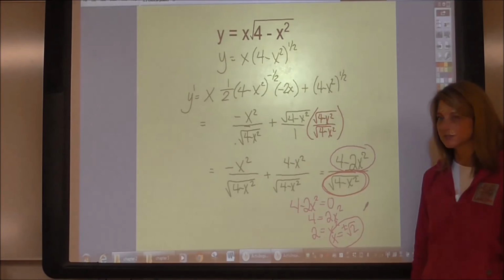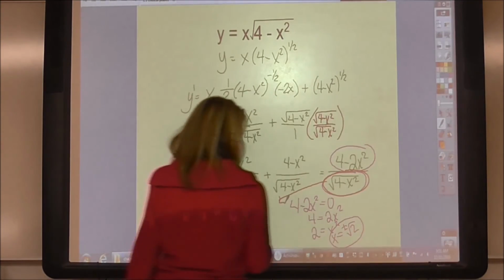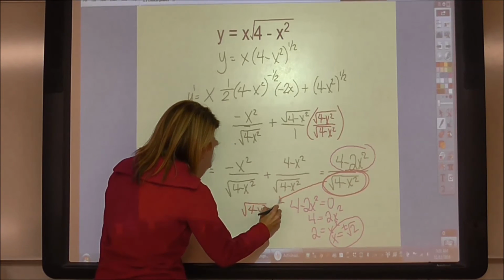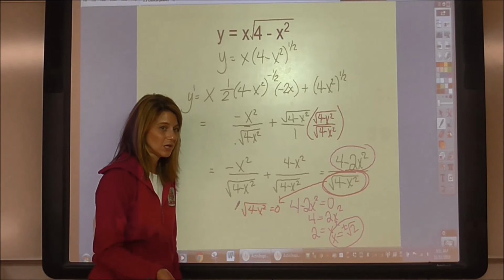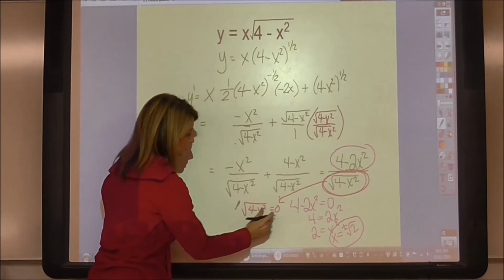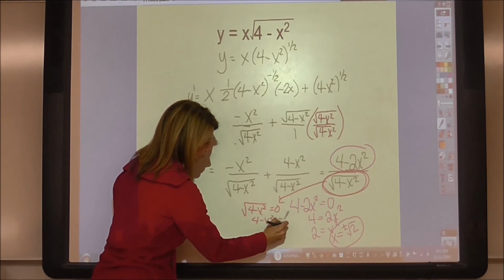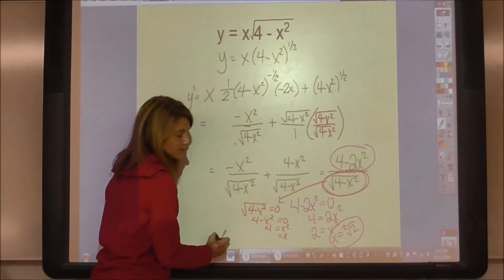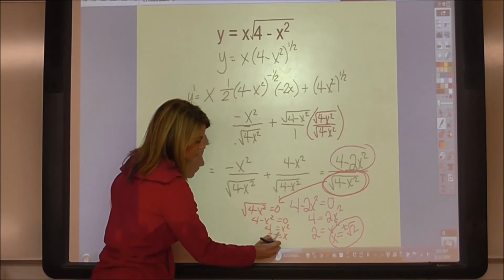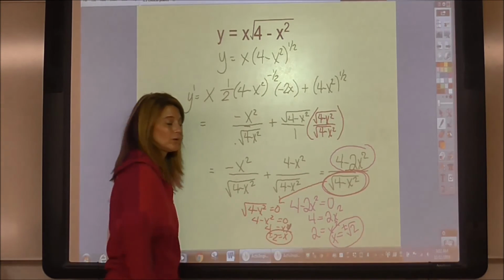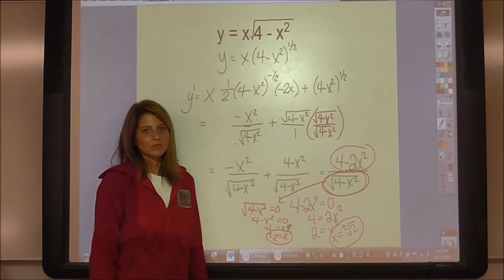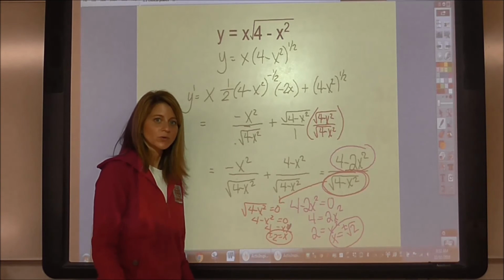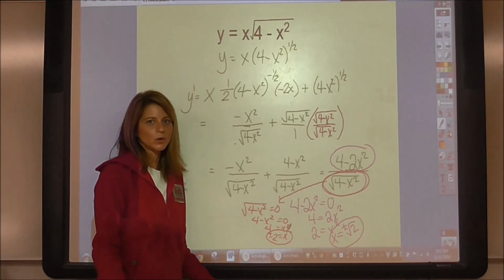Okay, so what would make that denominator equal 0? If I come over here, square root of 4 minus x squared equals 0. Maybe you can do this one off the top of your head. If you can't, square both sides. Put the x squared on the other side. And what do you think? Square root of 4? I'm getting a positive or negative 2. Okay, we now have 4 critical points. And quite frankly, that's a lot of critical points. It's kind of unusual. So let's go get these 4 critical points and we'll figure out what values we have